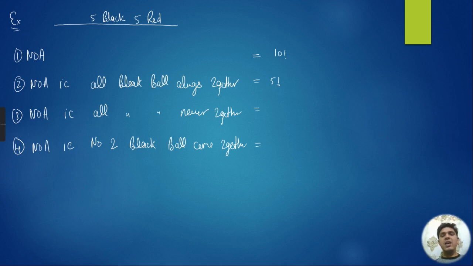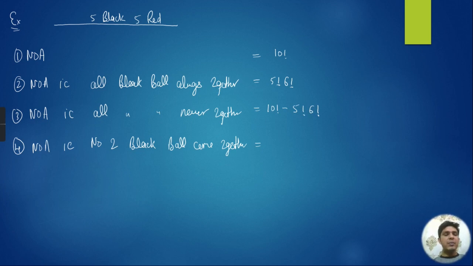Now, the next thing is we have to arrange this group of all black balls with 5 red balls. So 5 red balls plus one group of black balls, that means factorial 6, right? Coming to question number 3, the number of arrangements such that all black balls are never together. This is similar to the previous two questions that we have already discussed. This will be factorial 10 minus factorial 5 multiplied by factorial 6,